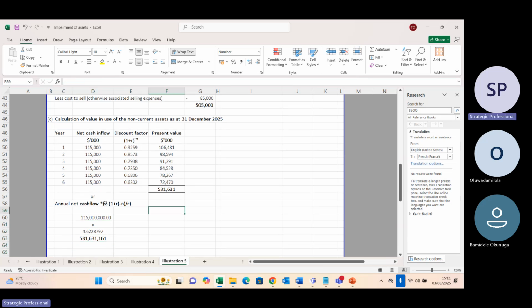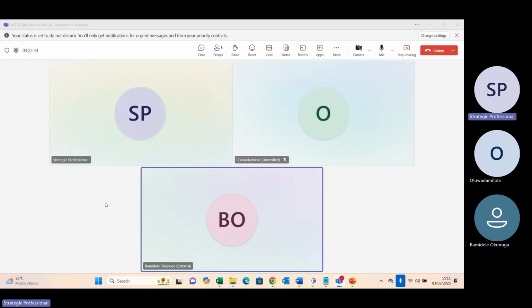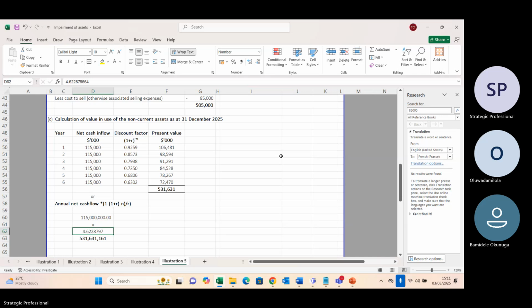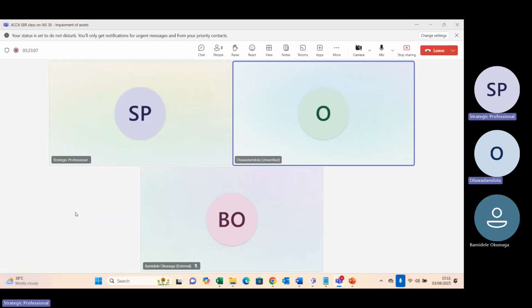So are you with me? Yeah. Please, I'm not hearing you people. No, we're with you. Madam Dami. I'm with you, sir. So did you get this value? Yes, sir. Exactly. Okay. So which one do you prefer, the first method or the second method? The second method, though. It's just that he has to be very sure of the formula.